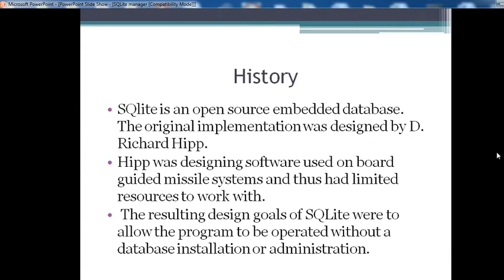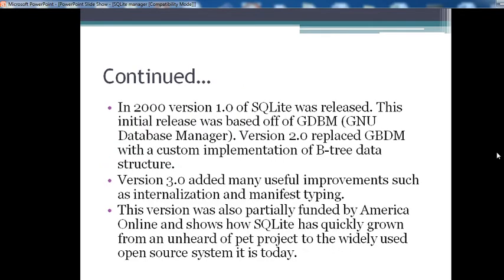The resulting design goal of SQLite was to allow the program to be operated without a database installation or administration. That means no need to install a database on your system. You can access SQLite online.